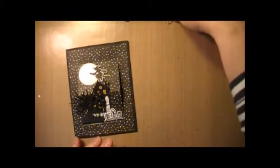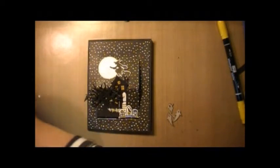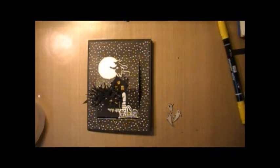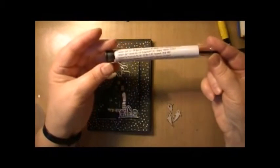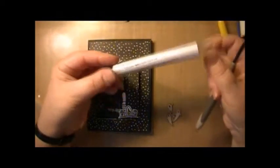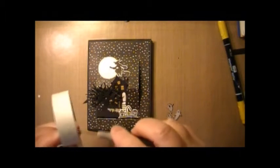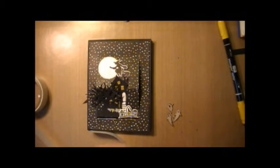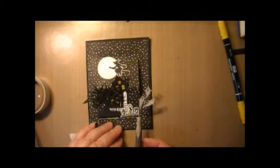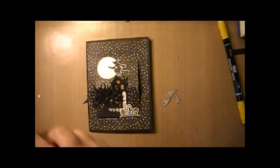And then with the ghost, what I did with them is it's just some mini glue dots, and this is, yeah, actually it's a poker thing. I think it's a piercing tool is what it's called. I'm sorry, I can't remember what it's called, but it works great for taking the little glue dots off, and I kind of roll them up and then just stick them, kind of see he's going to go back in there, and so we can put them along that edge and put another glue dot,